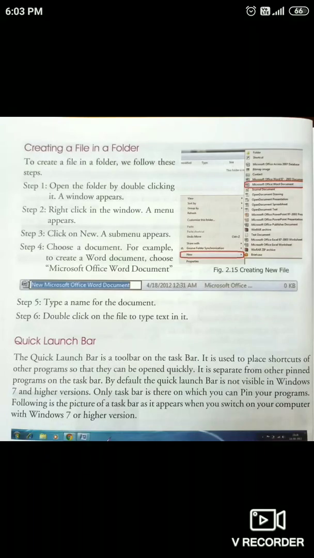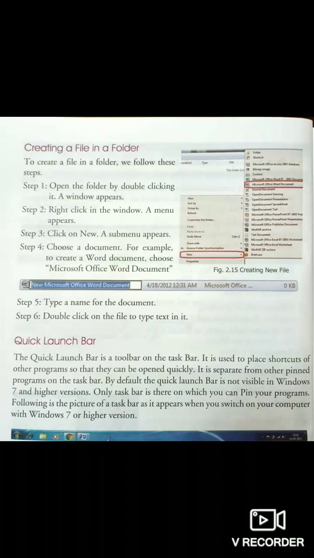First, we have to open the folder by double clicking on it. A window appears. Then you can see that window and right click in that window.